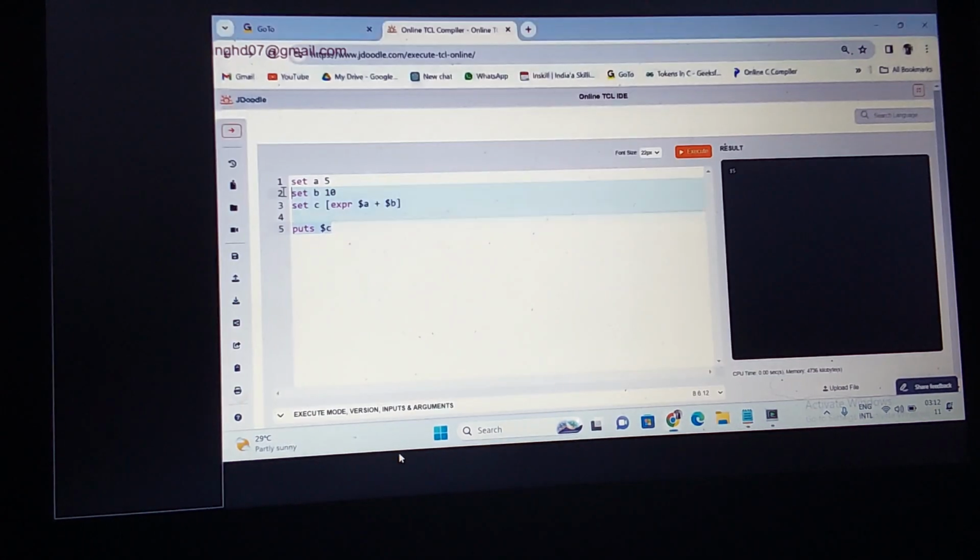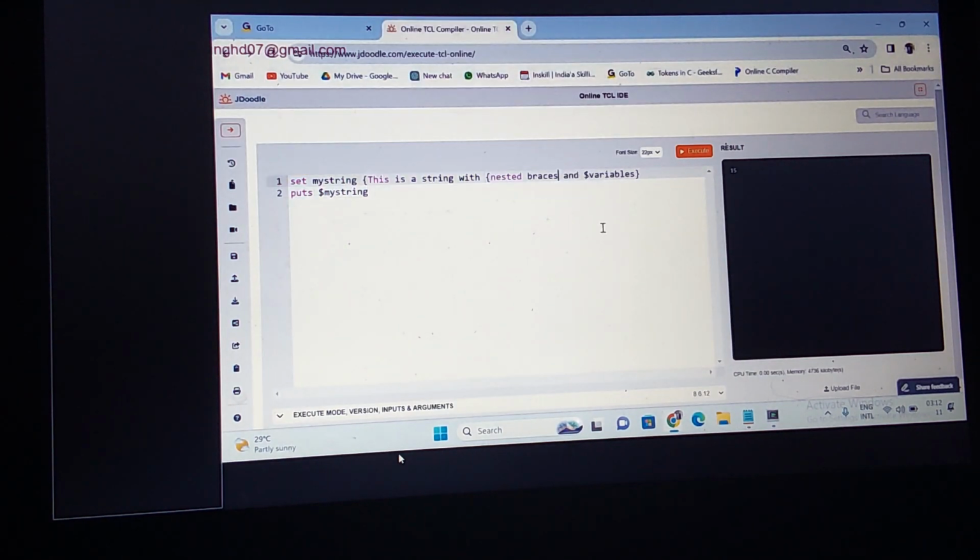Let us copy this. Suppose I am going to remove this one, what is it going to be? This is a string with... and what is the use of the dollar symbol? The dollar symbol is used to access the value of the variable. But I am putting it within curly braces, so this value will not be evaluated. Now this will be considered as a literal value. Dollar symbol A means accessing the value of A, but I am putting it inside the curly braces, so this is completely taken as a literal value. It will print output like this.